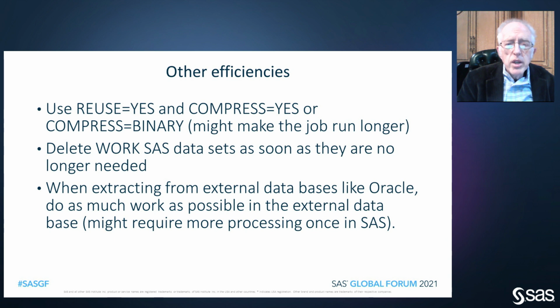Now, compress equals yes gets rid of repeating characters, especially useful if you've got a lot of blanks at the end. And compress equals binary doesn't respect the byte boundaries. It just squeezes them in as closely as possible. I've had reductions of space of over 90% using compress equals binary. Again, it depends on your data. Even if you've shortened as much as possible, you still might have variables not using all the space that you've defined, and so the compression will really help.